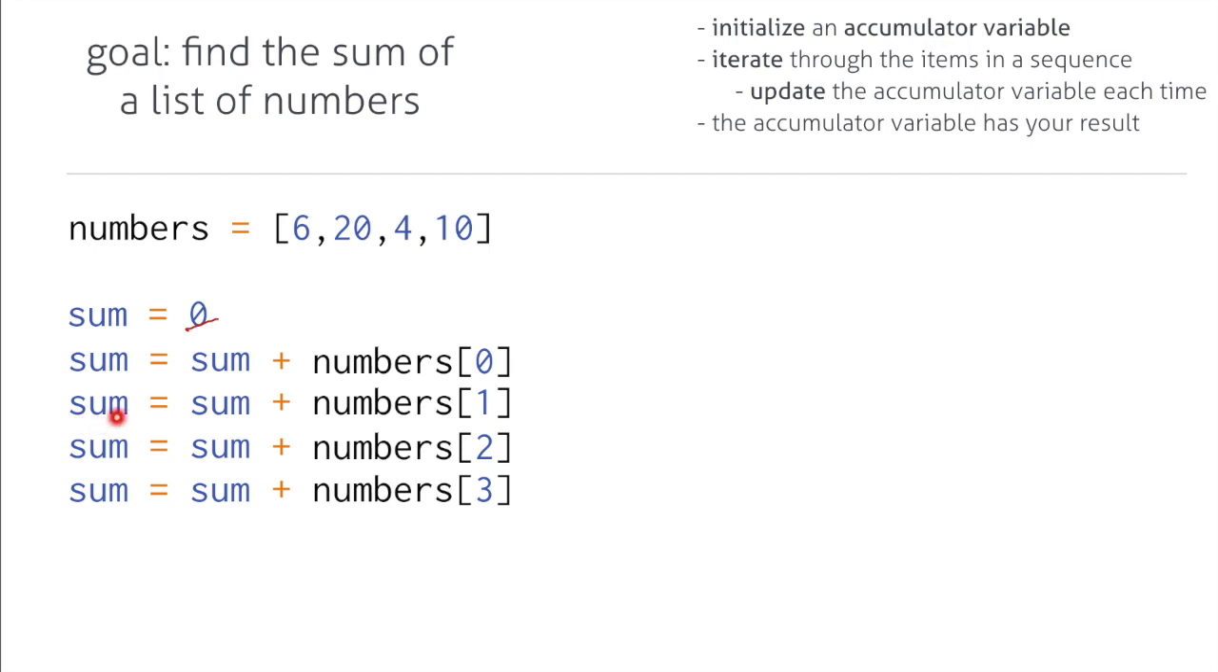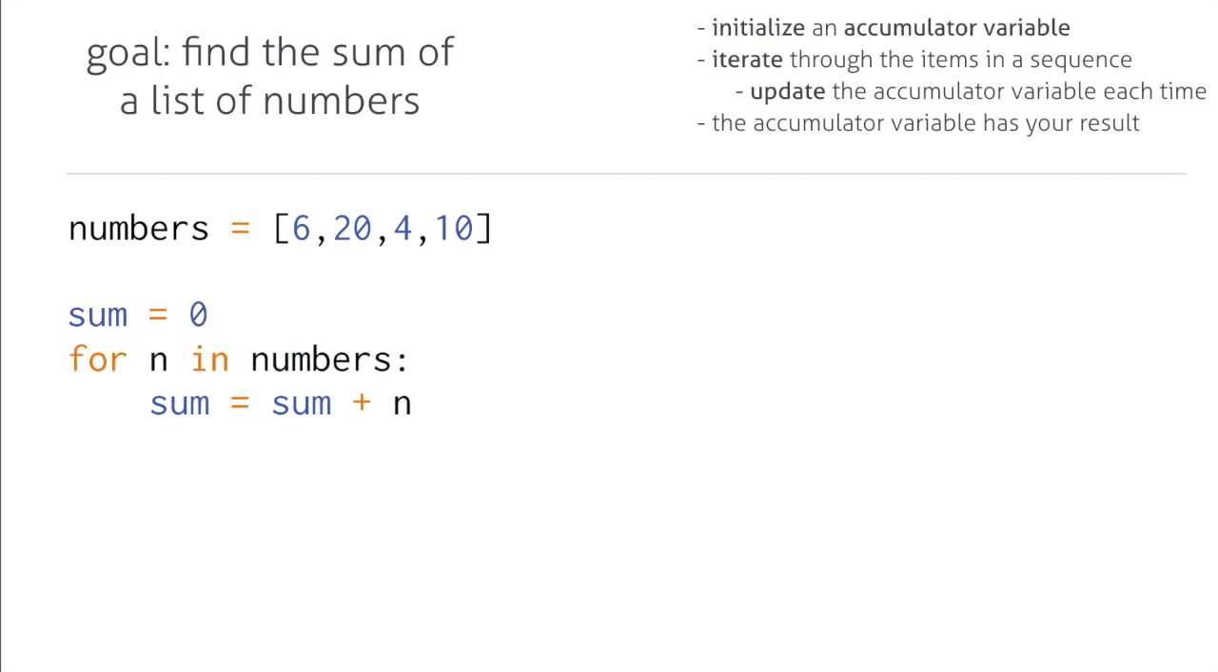Then I'll reassign it to its previous value, in this case the first item, plus the second item. Then I'm going to reassign it to the first plus the second plus the third item. Then I'm going to reassign it to the first plus the second plus the third plus the fourth item. Of course, this is overly verbose and would only handle lists of size 4, so it's better to do this